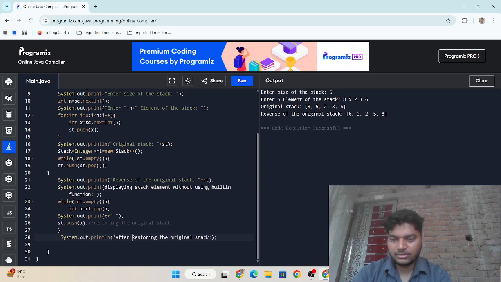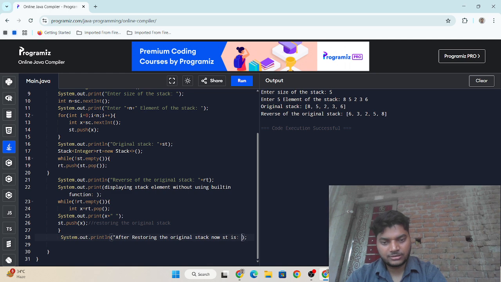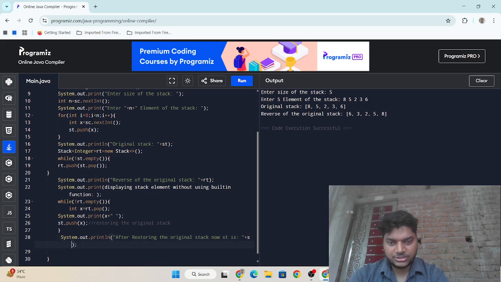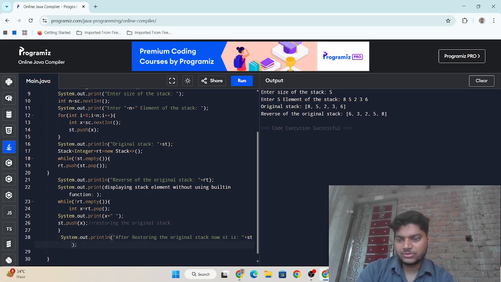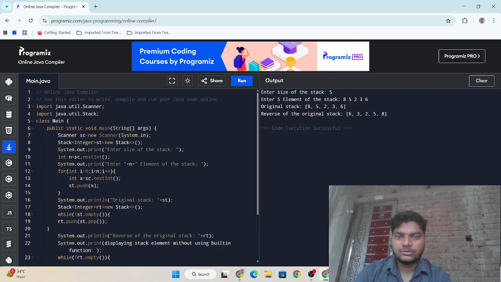After restoring the original stack, now st is what, st, okay. I need to run it.